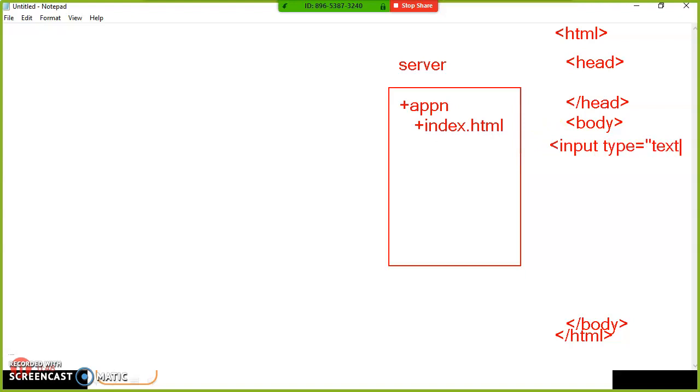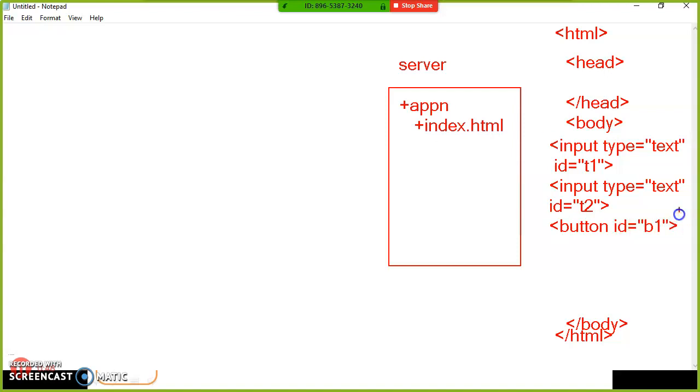Input type is equal to text, and I'll give some name or ID. I will give ID is equal to T1. ID is the name given to the HTML element. Why give a name or ID? To identify the element, we have to give some name. ID is equal to T2, something like this. Okay, and here I'll take one button. I'll give an ID for the button also, B1.